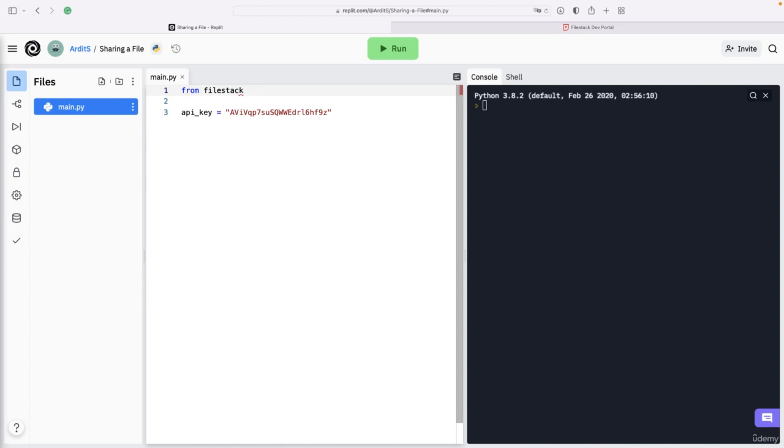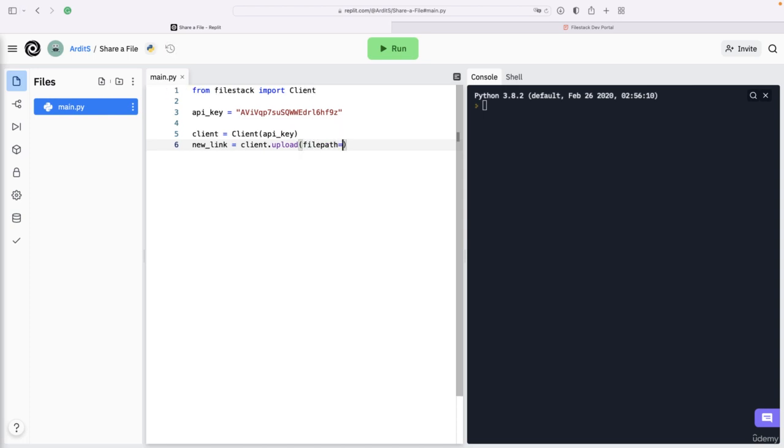So from Filestack, we want to import Client. Client is a class which we need to instantiate here. So client, and it expects the API key as argument. Then what we want to do is create a new link, which is equal to client.upload. And here you want to specify the name of the argument equal to, so this will point to the